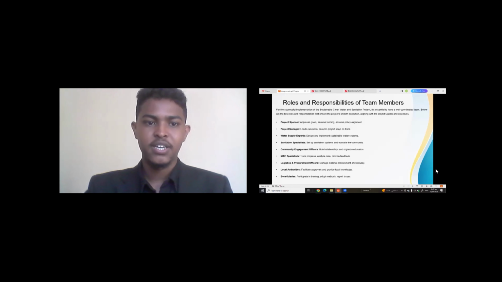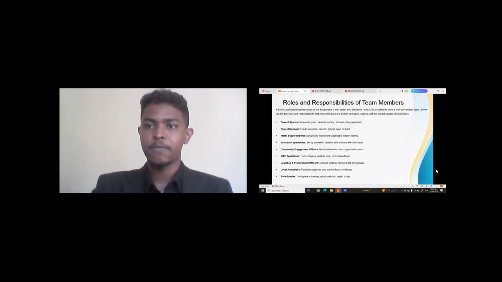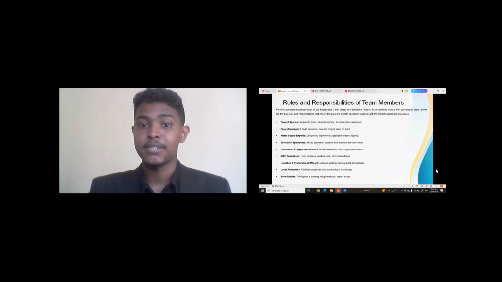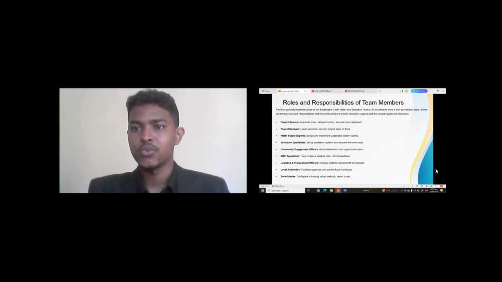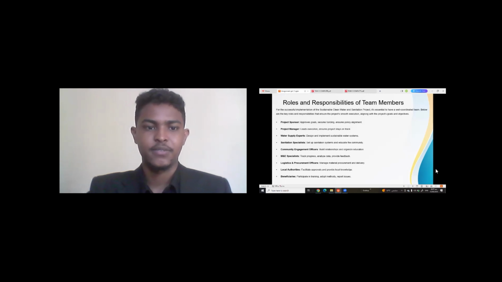As you can see here, the sanitation specialists, their job is to set up sanitation systems and educate the community on how to use these sanitation systems. Also, the community engagement officers, their job is to build relationships and organize education. We need to teach people in Johor District a lot of different things.